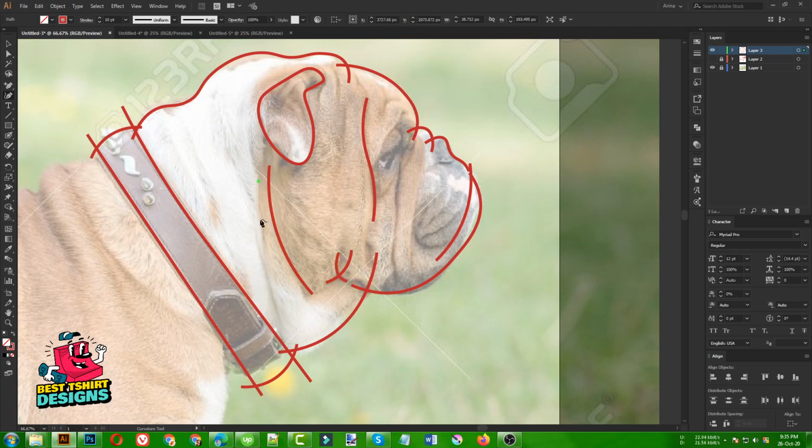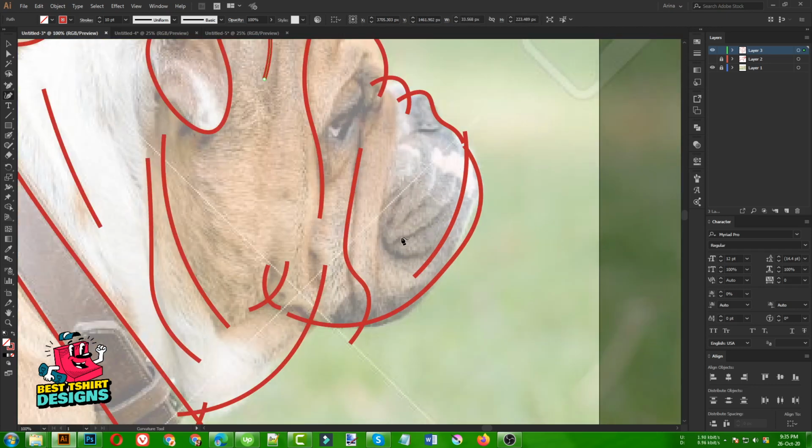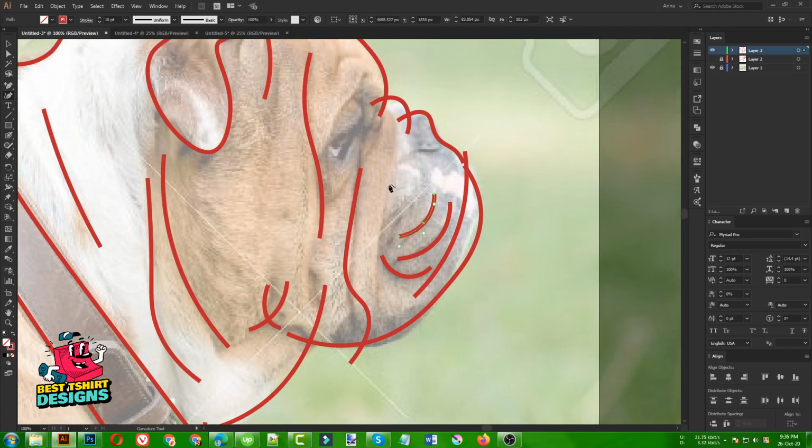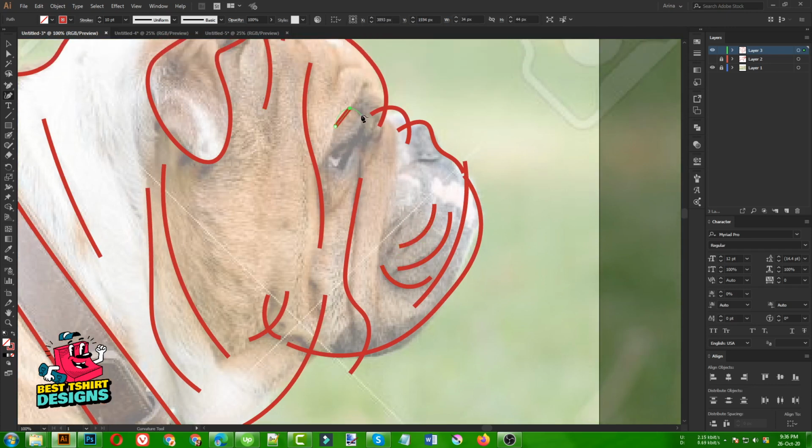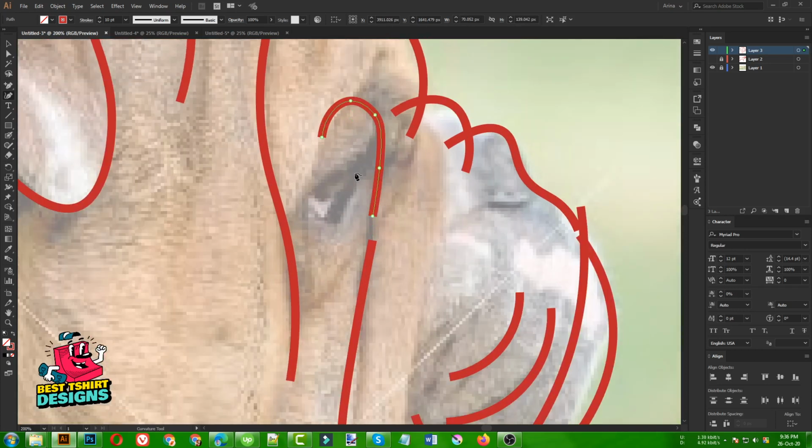So this is the trick I use for the curvature tool. I don't draw at once, I make stop points to continue the drawing. So that is really helpful for beginners. So just draw anything that you feel like you should draw a line there. So I'm going to make it really quick for this area, as I already did the drawing process, but I wanted to share with you guys how to do the drawing process so that you can practice with me. So that's it. Now the eye is an important part here, so I need to create that eye.